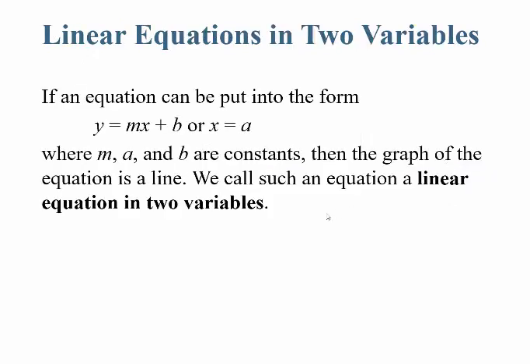So if an equation can be put into the form y is equal to mx plus b, or x is equal to a, note that if m is equal to 0, you just get y is equal to b. Where m, a, and b are constants, the graph of this equation is always a line. We're going to call this equation a linear equation in 2 variables. We say 2 variables because our variables are both x